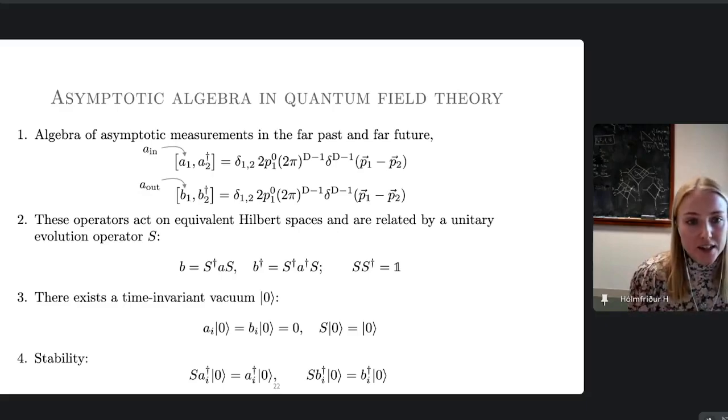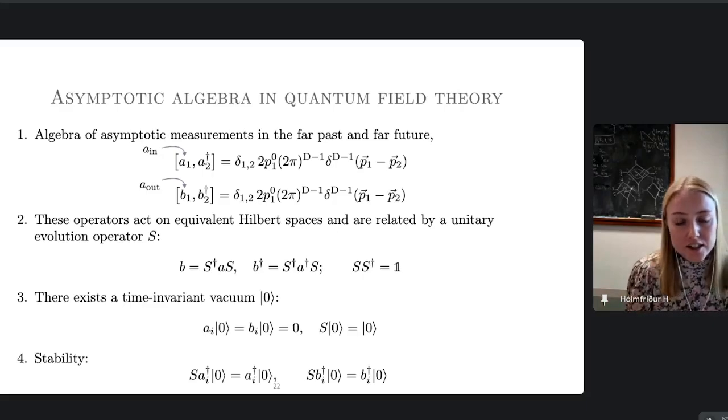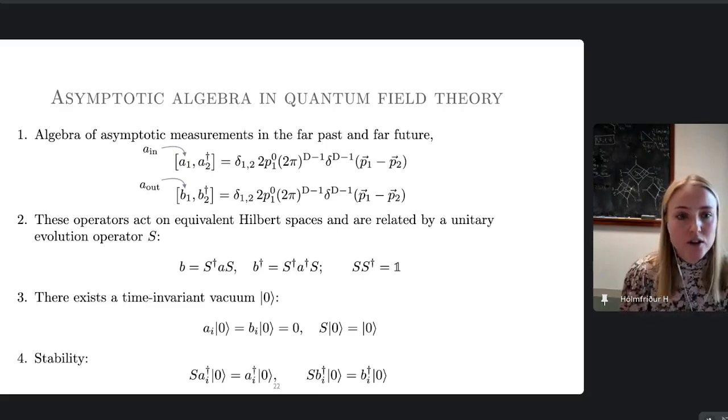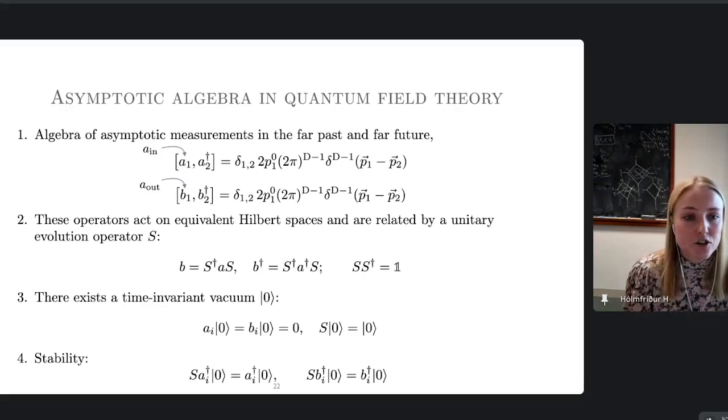Let me also mention that in textbooks, we usually write these as A in and A out, but we're going to call the creation and annihilation operators in the past A, those usually corresponding to A in. And the creation and annihilation operators in the future, we're going to call B, but in textbooks, they're usually A out. The reason for that is that we're going to start writing down long strings of these creation and annihilation operators, so it just gets very cluttered if we have these superscripts and subscripts and daggered and undaggered, etc. So just remember that A is in the past and B is in the future.